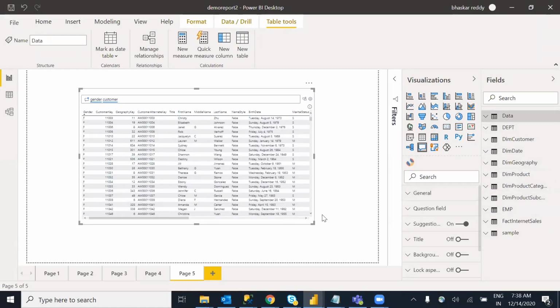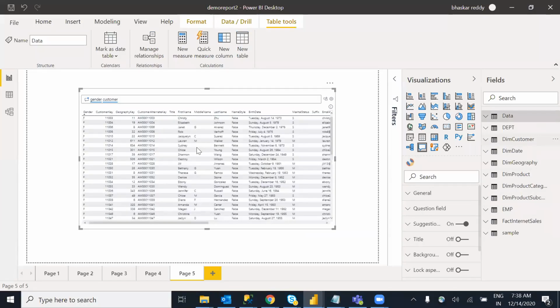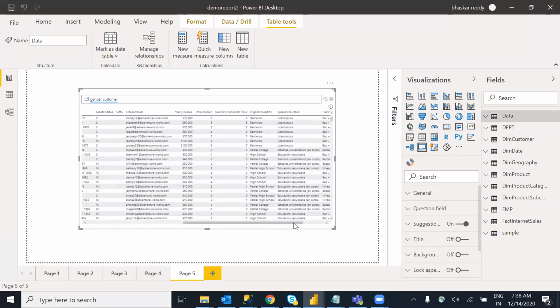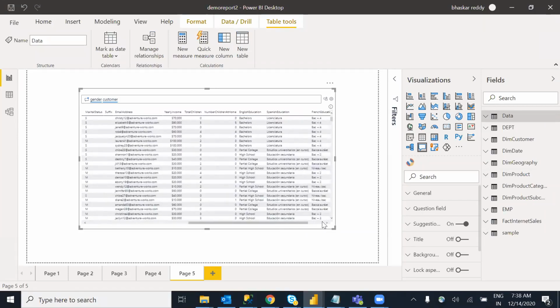That's what it is trying to get. It's displaying all the customer table information. Gender, customer, in the sense that gender came. The customer table is coming over here. If you have a single table, it may give gender-wise what is the count of customers and all. We have both the tables.